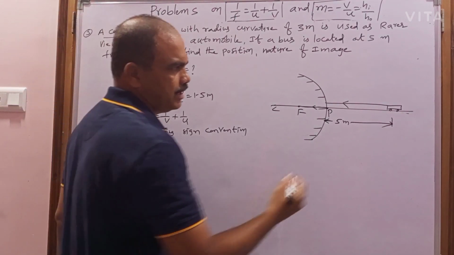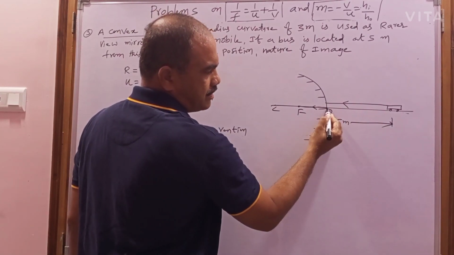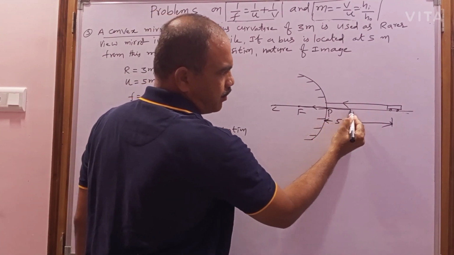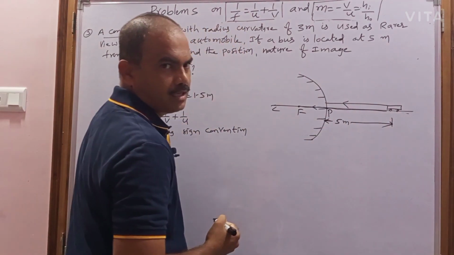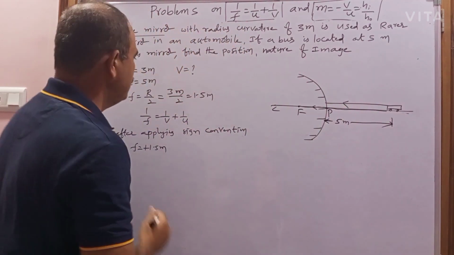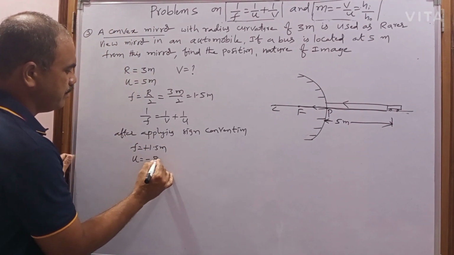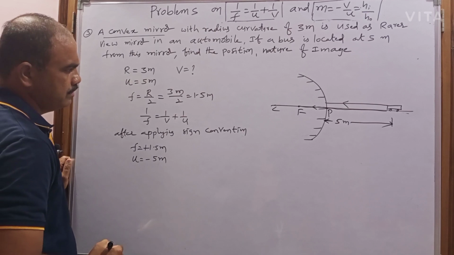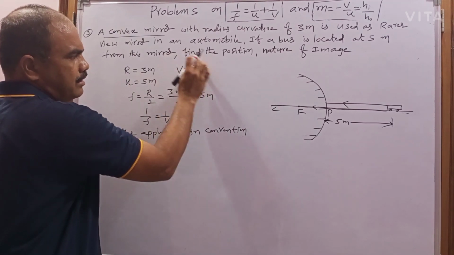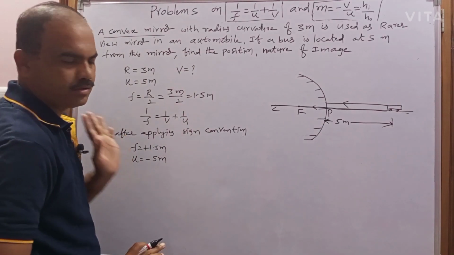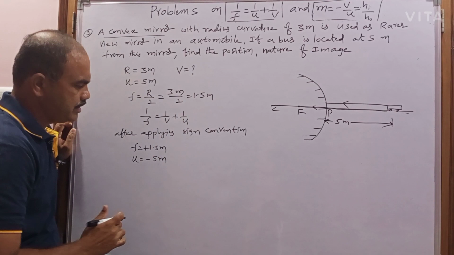Let's come to the object distance. Where is the object? Here is the bus. To measure the object distance from the pole, in which direction are you moving? In this direction, which is opposite to the direction of the incident ray. So u is negative, minus 5 meters. But you don't know v, so don't apply the sign convention for unknown values. Now substitute these values in this equation, then you get the image distance.